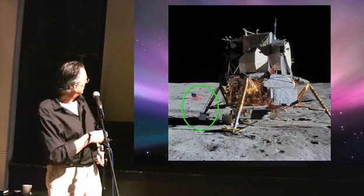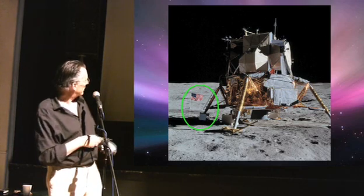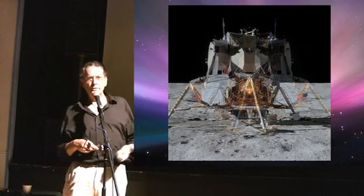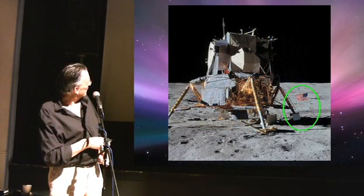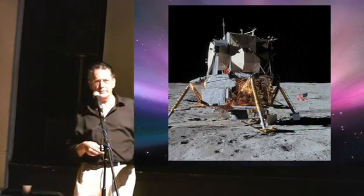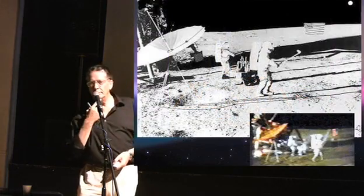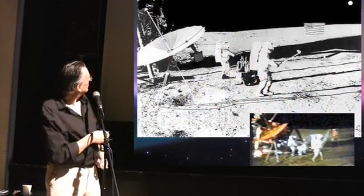Look at the flag. Remember the flag, and remember this board here. It actually looks like a checkerboard. We're going to flip that picture over. So the checkerboard is here, and the flag is here. It's just a reversed image of the previous photograph. And then you get this. This picture, the top one, black and white one,